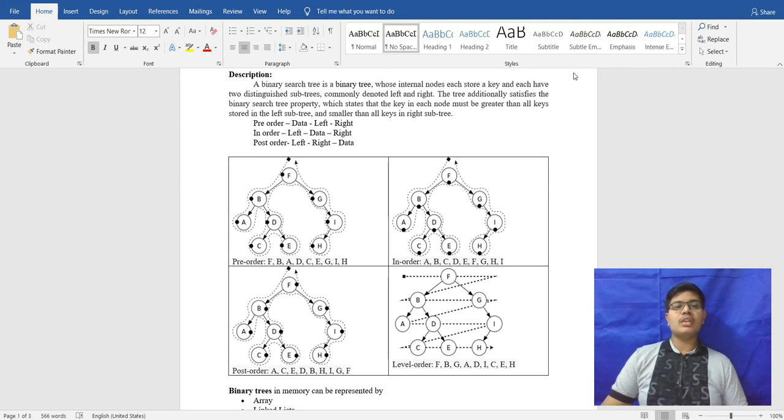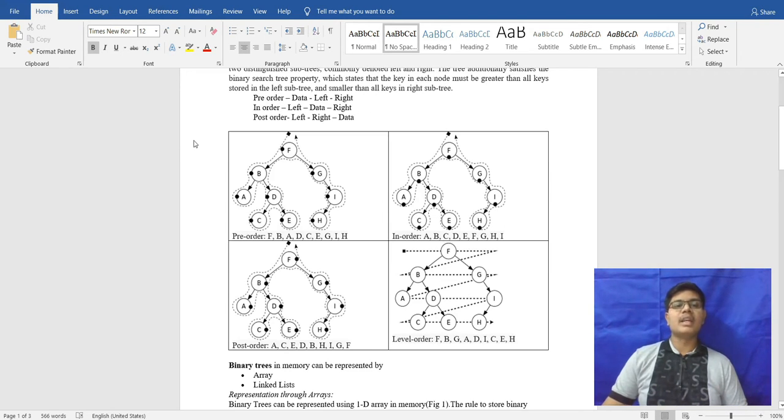So what is pre-order? In pre-order, the data is taken first, afterwards the left element and the right element. Means in pre-order, the first is data, the root node. Here it is F, then left and right. First it will take F, afterwards it will go to the left and check again.